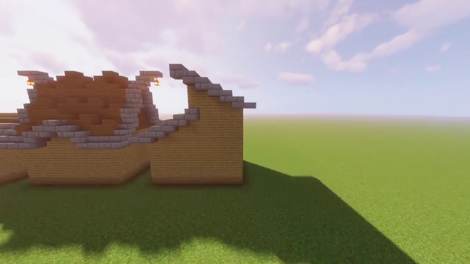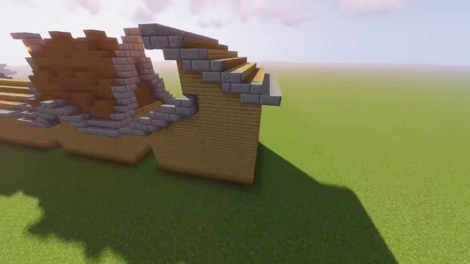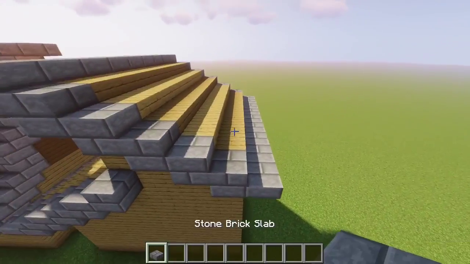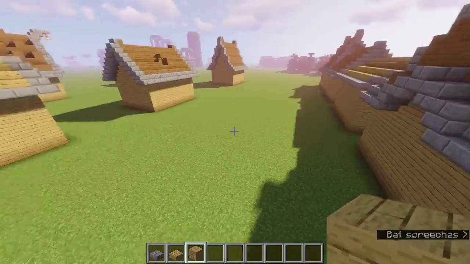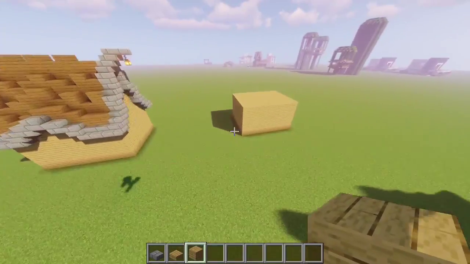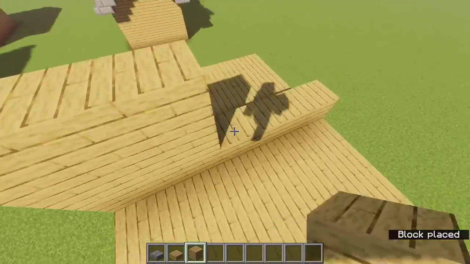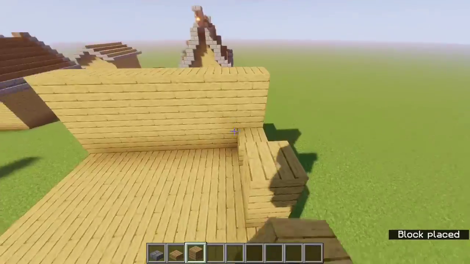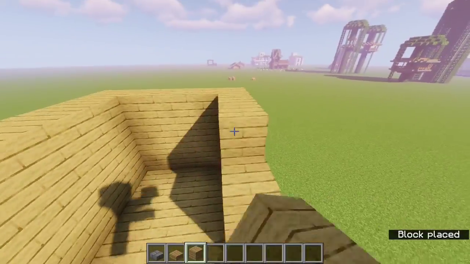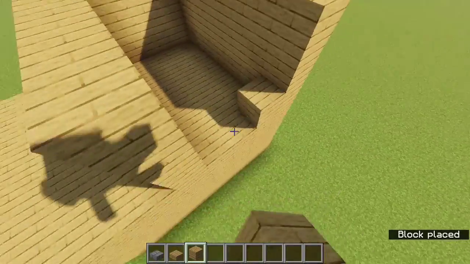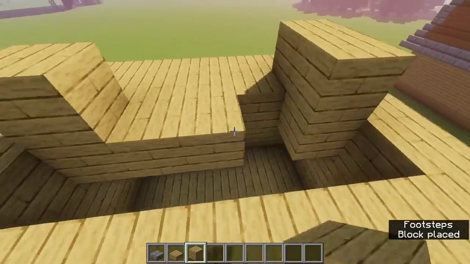This one is the only one that makes you alter the actual build, but honestly this one might be one of my favorites. It's really cool and it's so simple, but it really stands out if you build this on a house. So all we're really gonna need is what you see in my inventory, some slabs and oak plank. And as you can see, I'm building one section up. I split the build in half and then build it up 3 blocks taller. You can do it whatever you want. That's one thing that's cool about this, customize it however you want, but you do want half of the build to be a bit taller than the other half,